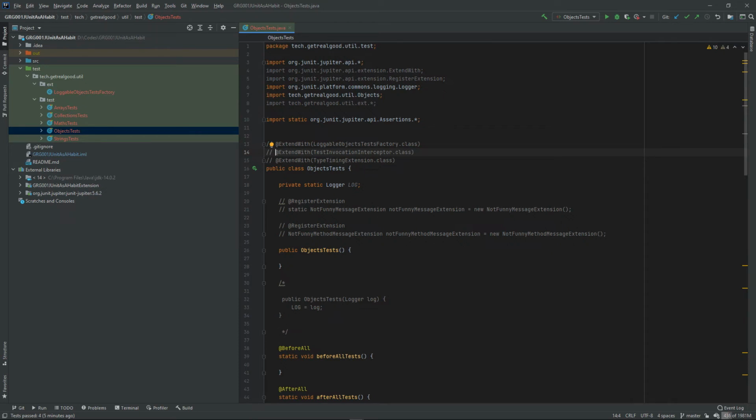And test invocation interceptor is an extension that allows us to intercept invocations of constructors and methods of various types, including lifecycle, unit test, dynamic test, @TestTemplate, and custom test